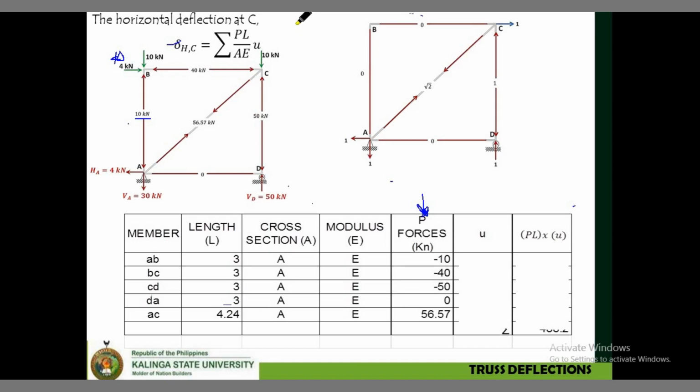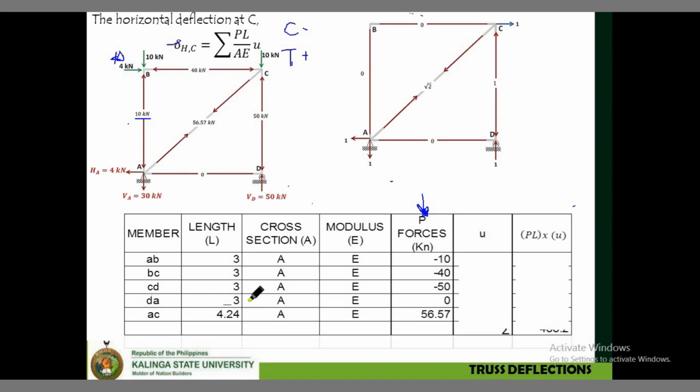Now, this is our sign convention. Kapag sinabi nating compression, negative. Kapag sinabi nating tension, positive. Okay? So, again, AB, sa may P system, AB is equal to 10 kilonewtons, and that is under compression, kaya